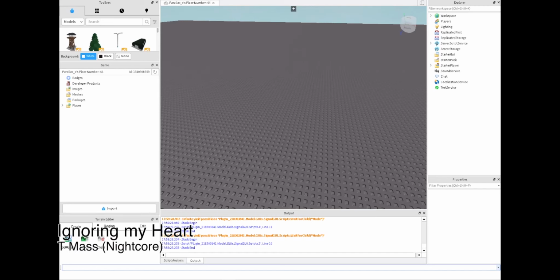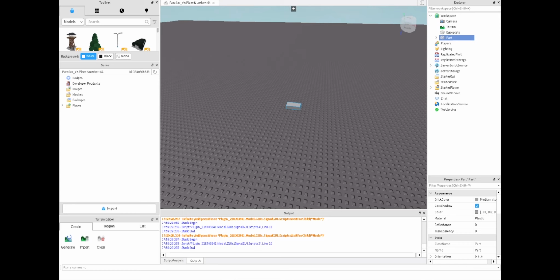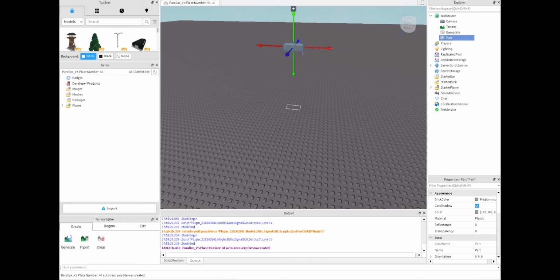What's up guys, Parallaxox here, and today I'm going to show you how anchoring a part works and how you can script it into your games. So first you put a part in the workspace, and so if we were to just move it up here and we were to run a game,